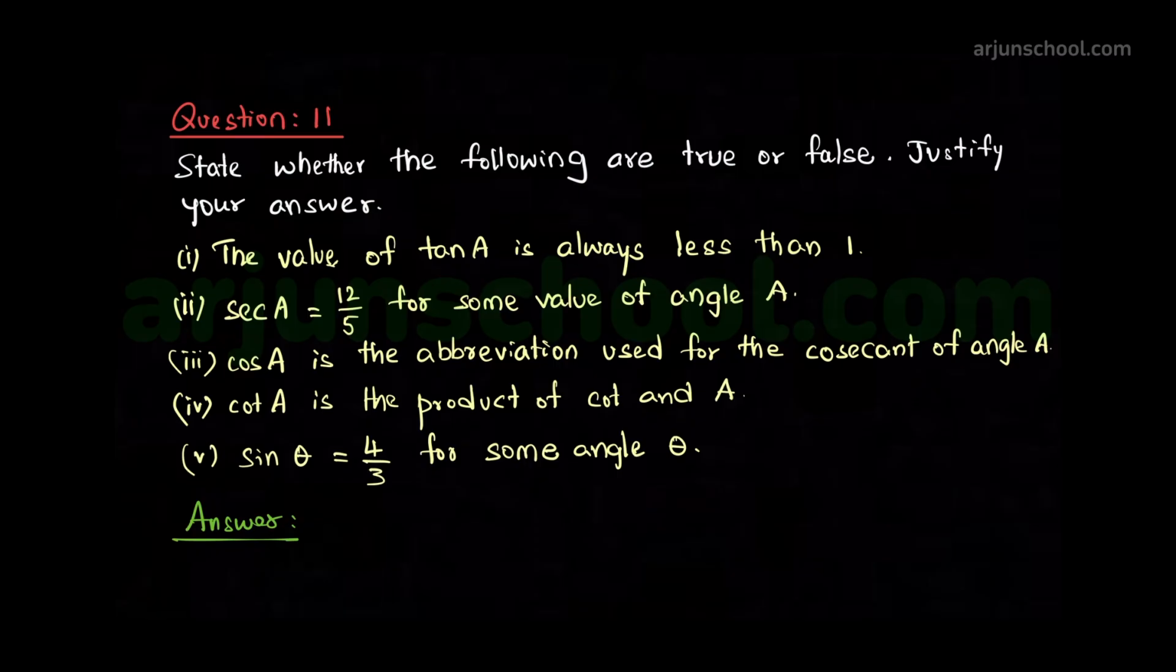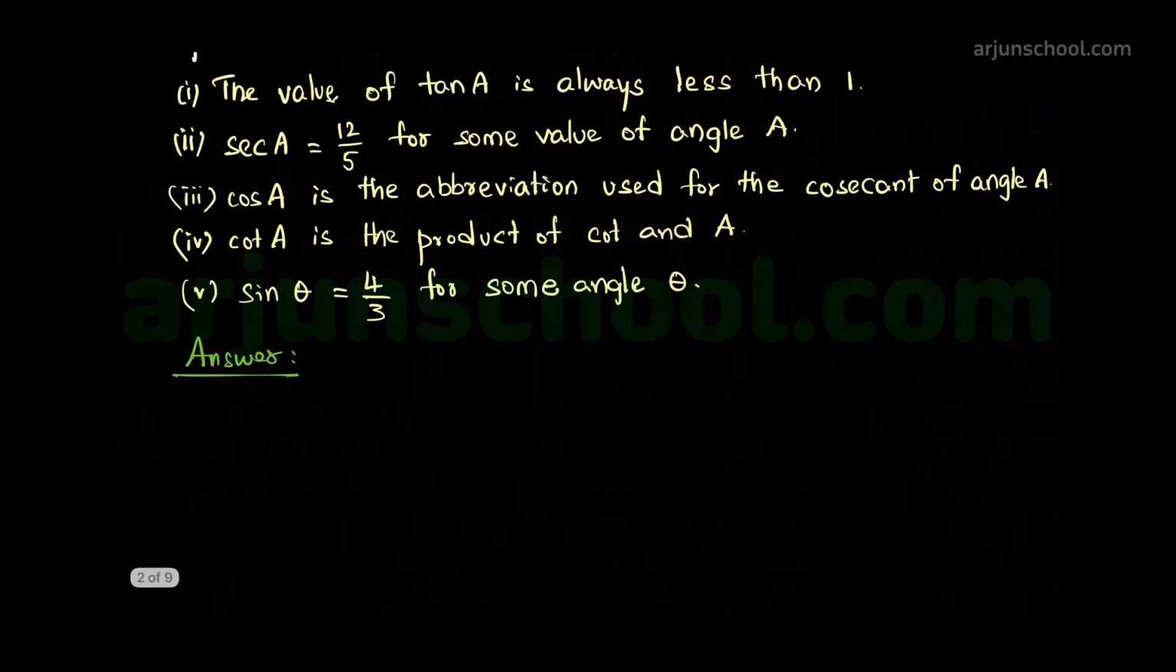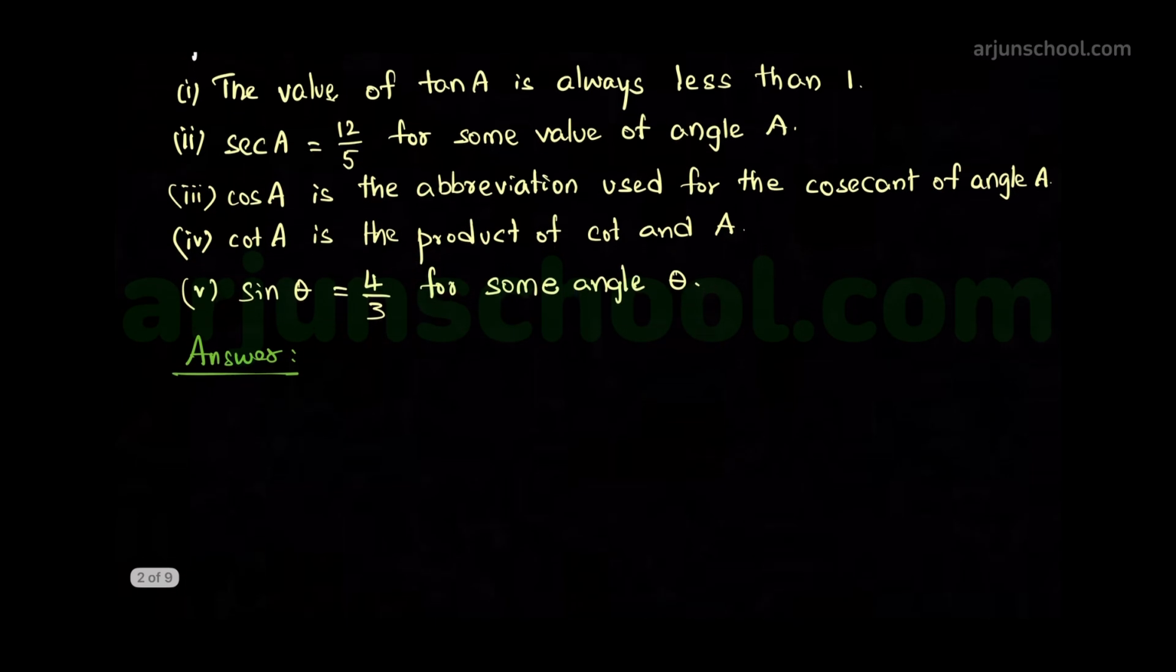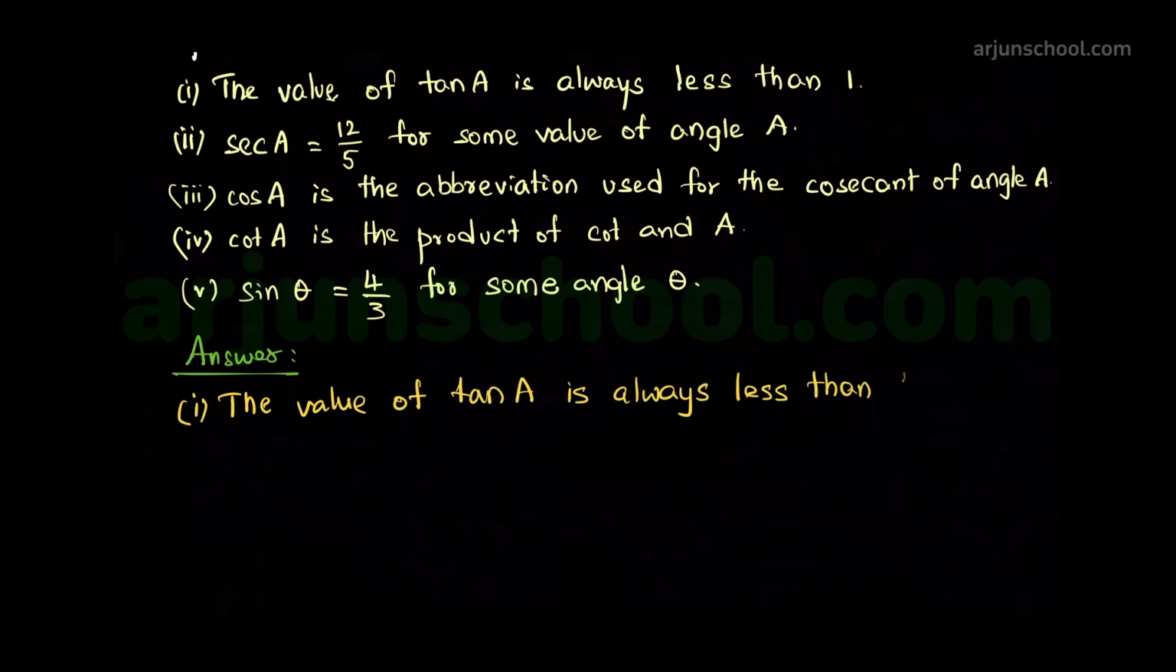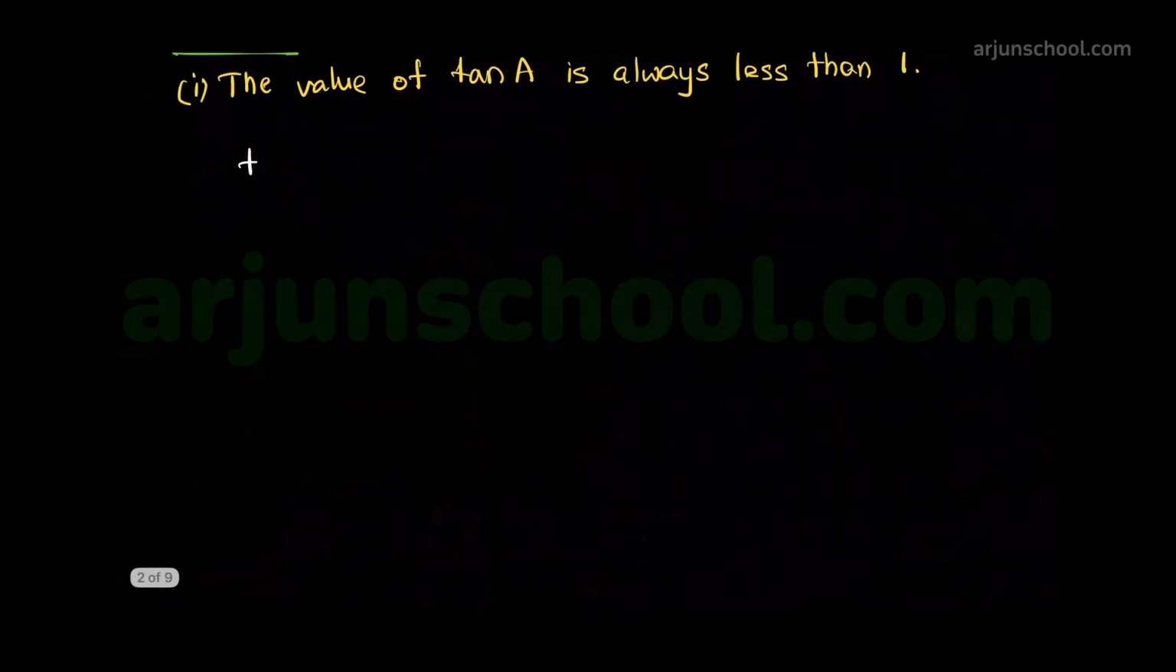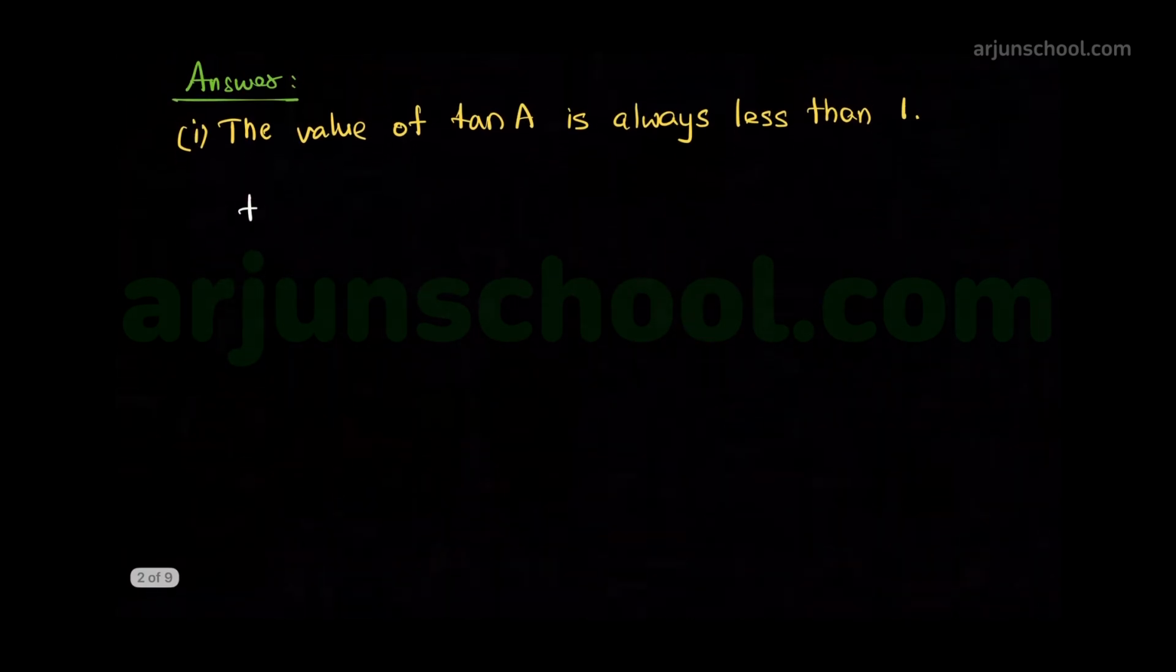Now let us answer these questions and justify them. We will check each statement using basic facts of trigonometry and write a clear justification. First problem. The value of tan A is always less than 1. This is a false statement because